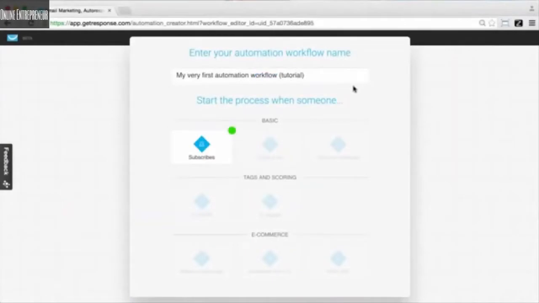In this video, we want to just briefly talk about all the different elements and things that you're going to see within GetResponse Marketing Automation when you're building your workflows. So we're going to introduce you to the different elements and the ways that you'll utilize them in the workspace